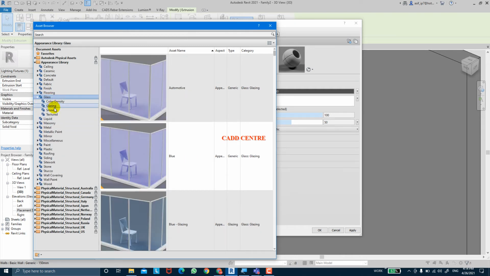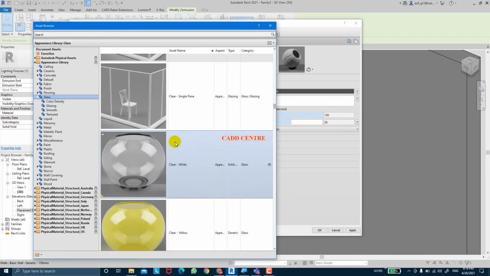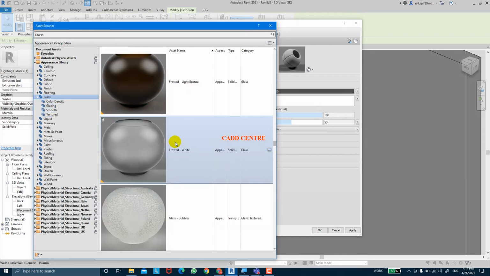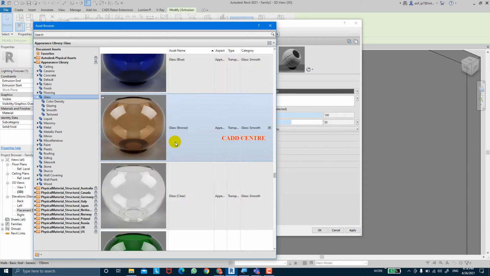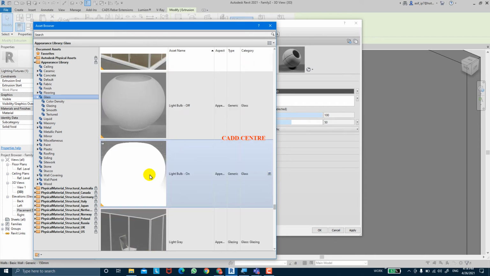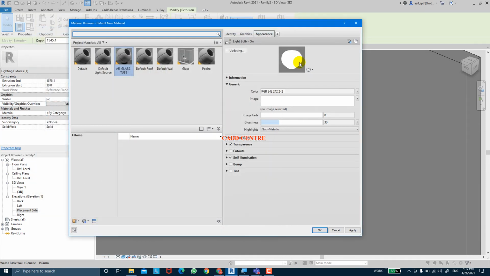But in glass material I'm going to scroll all the way down, I'm going to search for light bulb. This light bulb, so you want the light bulb class, I'm going to assign that, and it will be a glass material, but little glow would be there. Okay, apply that, click on OK,